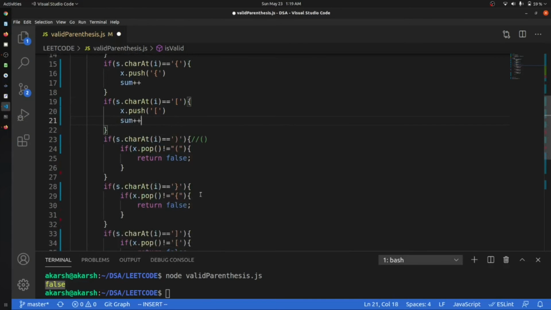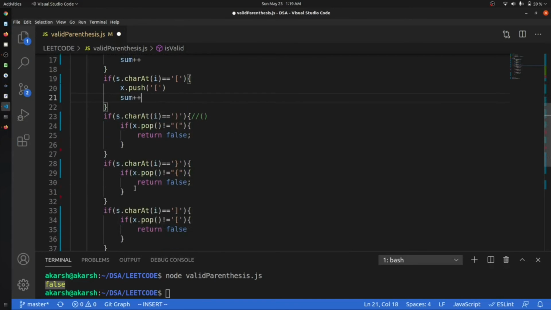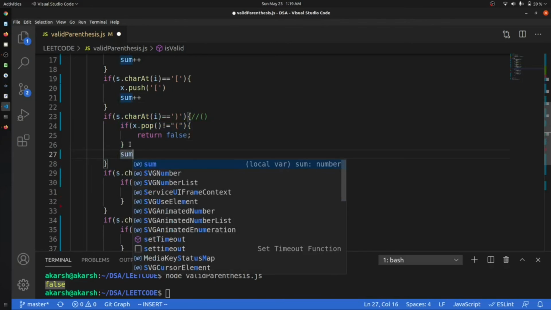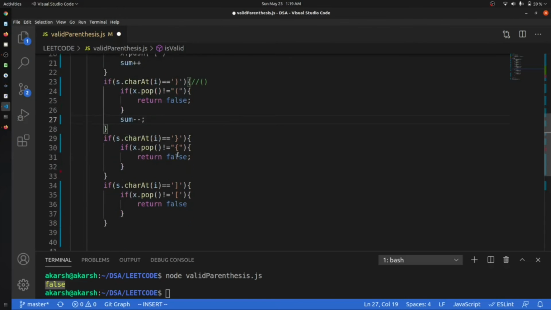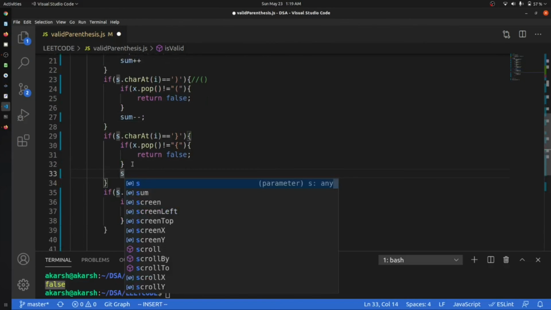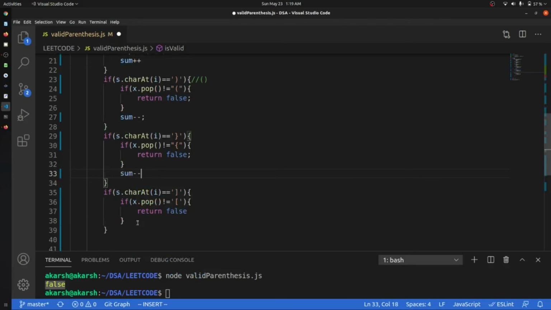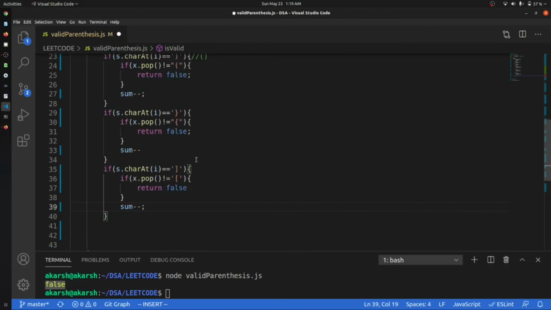And if we get a closing bracket, and it is not false, then we decrease it like this.